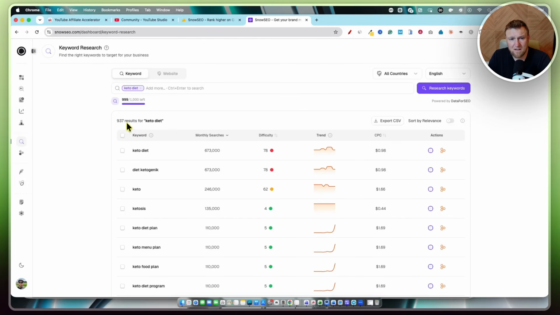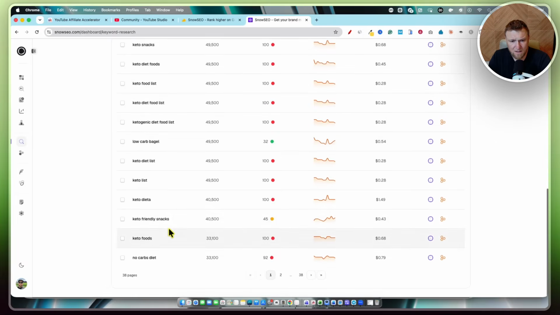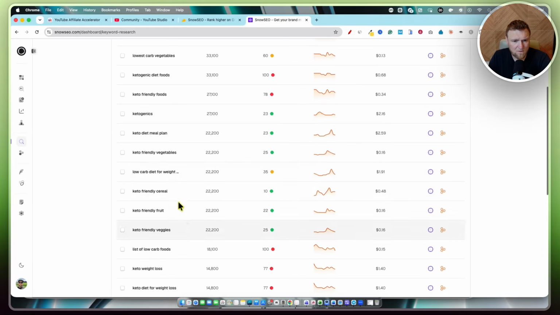But the fact that it landed at 937, I'm pretty happy with that. Again, this would definitely get you started. But we don't have any ways to filter this. I don't see long tail keywords. So if we just keep coming through, is there a way to look at this from a long tail